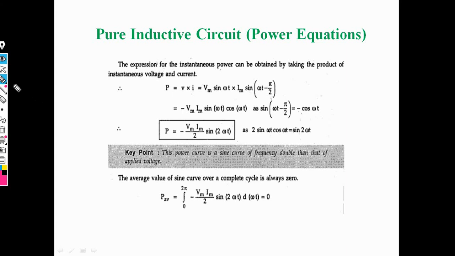That means we have to multiply by 2 and divide by 2. Having multiplied by 2 and divided by 2, we obtain the equation p is equal to minus (Vm Im by 2) sin 2 omega t. This is the power equation for the pure inductive circuit. This equation is called the power